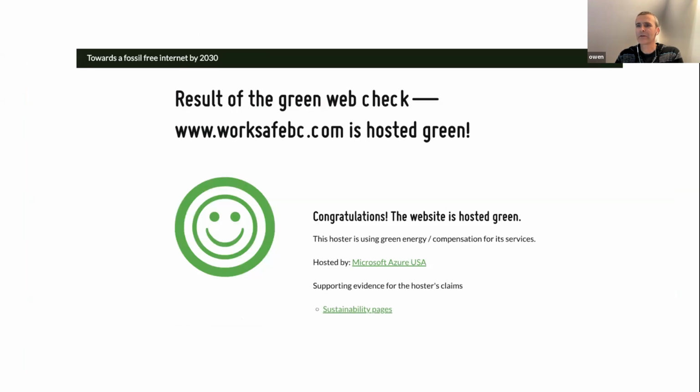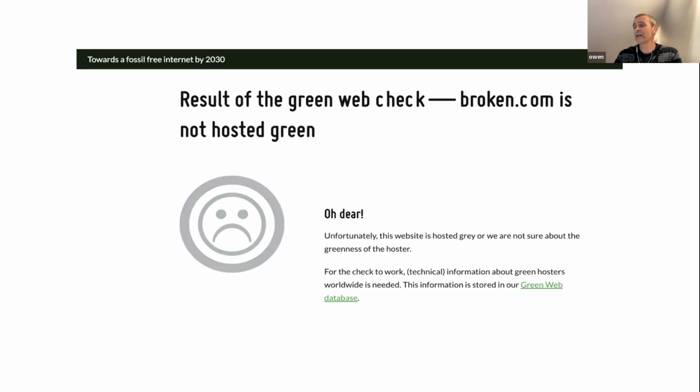So I know that there's folks on the call from WorkSafe BC, so I looked up WorkSafe BC, and by virtue of being hosted in Azure, you're already using a green data center, and we'll talk a little bit more about Azure in a sec. If your site is not listed in the database, you'll see something that looks a bit like this.